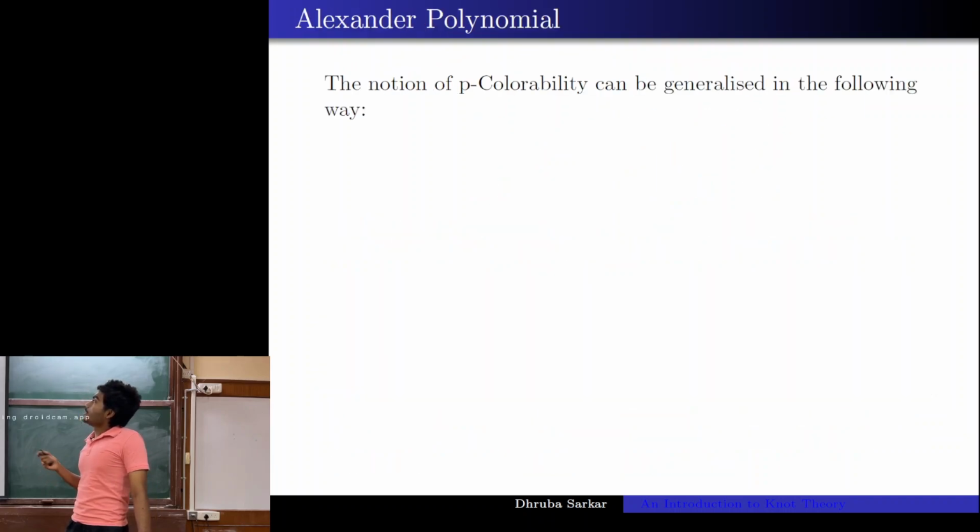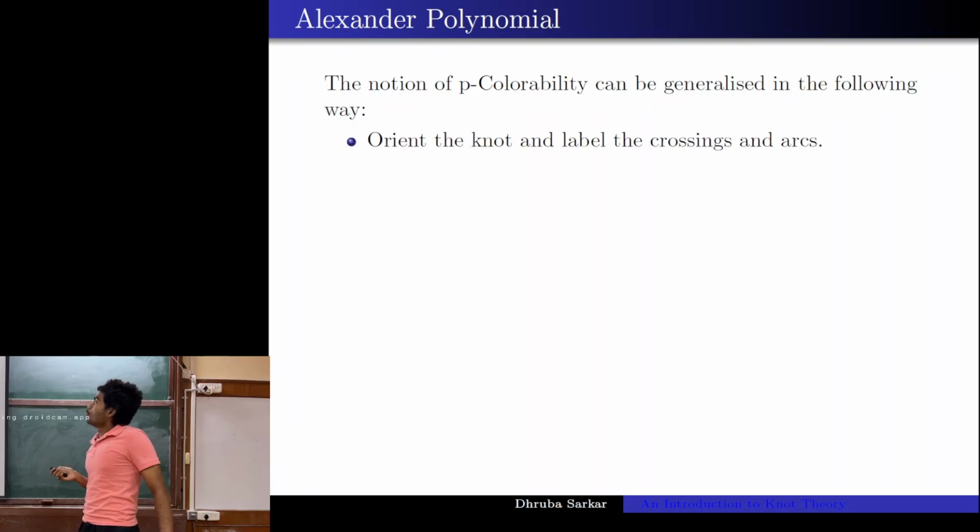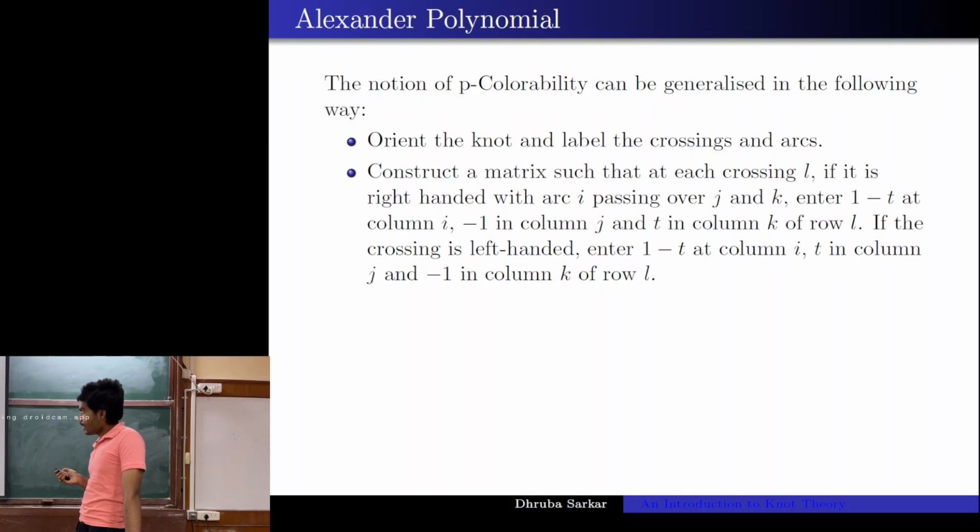And now we can even generalize this thing. We can generalize it using the Alexander polynomial. So how do we generate the Alexander polynomial? What you do first is you orient the knot and label the crossings and the arcs. And now you construct the matrix such that at each crossing, it would be,